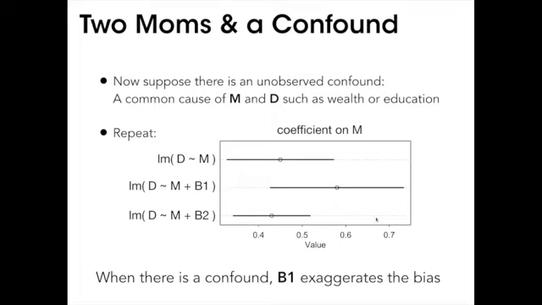Now, of course, the estimate of mom's influence on her daughter is contaminated by that common cause, and it's strongly positive. Notice the low value here is 0.4, zero is nowhere on this graph. We expect that. That's what confounds do. They create this illusion that two things are causally related. That's not the lesson here, but if we simulate a confound, we get a confound. That's not a big deal. What I want to show you again, though, is this effect of B1 and B2 that's going on here, is that still